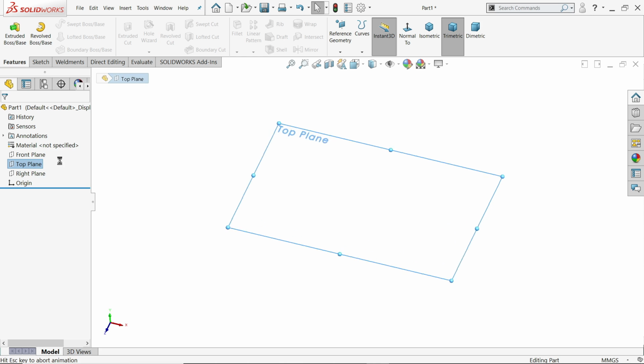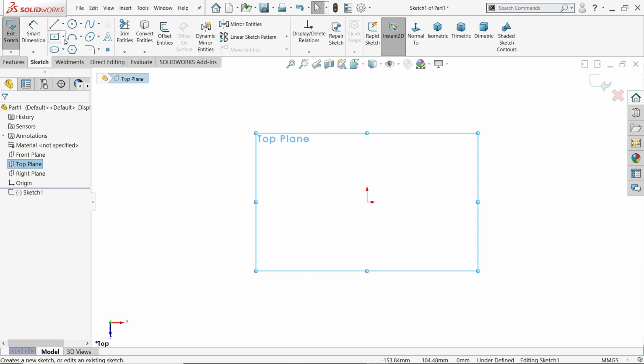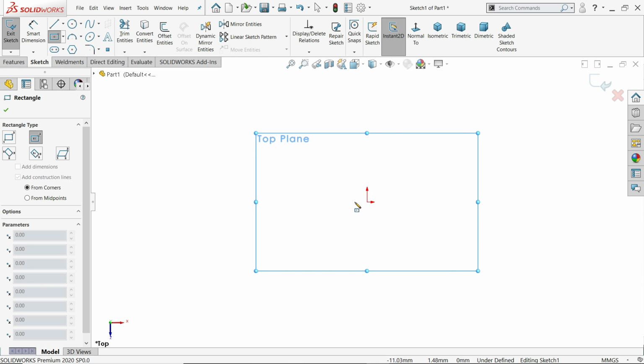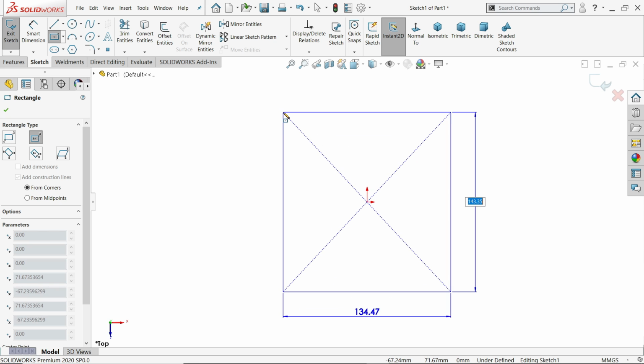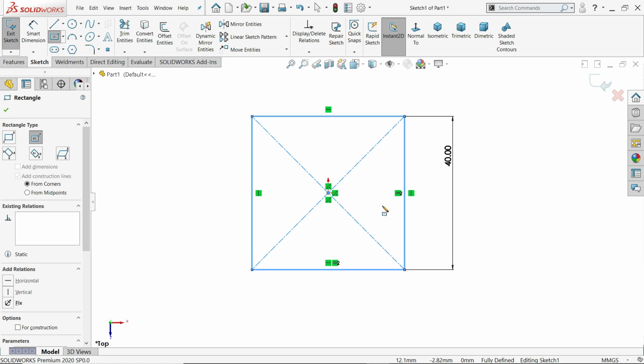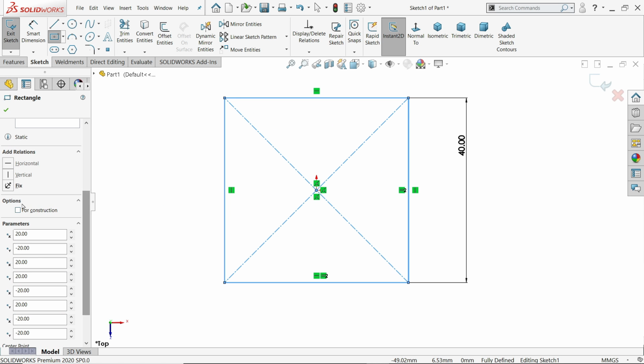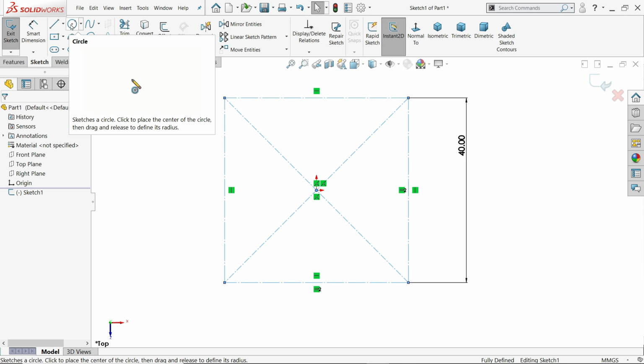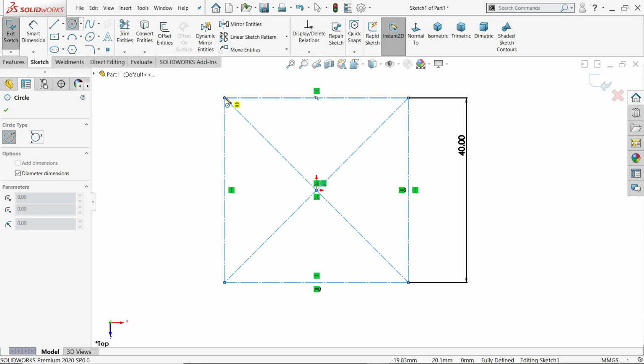Top plane sketch. Now first let's create a center rectangle 40 by 40 for reference purpose. Press 40, tab key on keyboard, 40, enter. Now here choose for construction because this is for reference point. Okay, now activate circle command, circle tool.